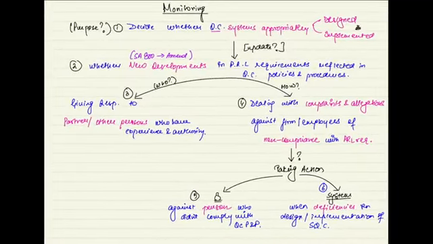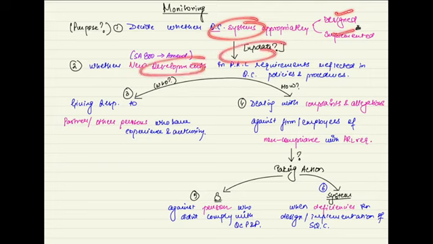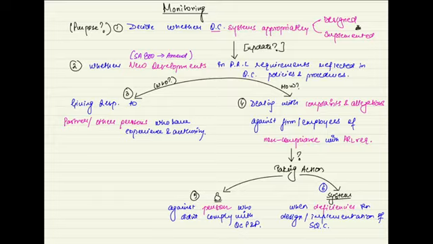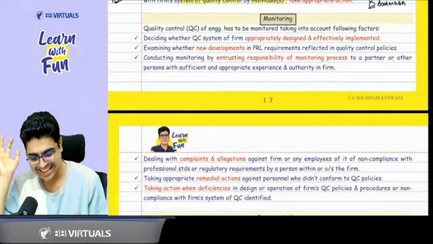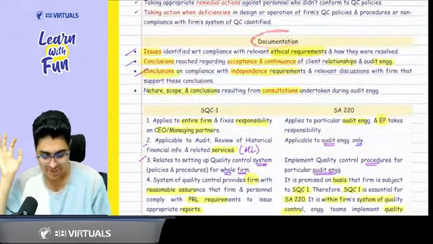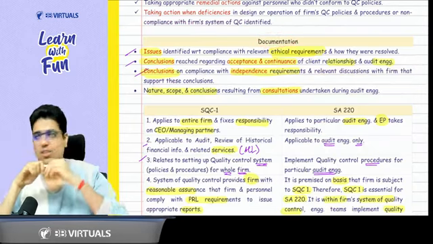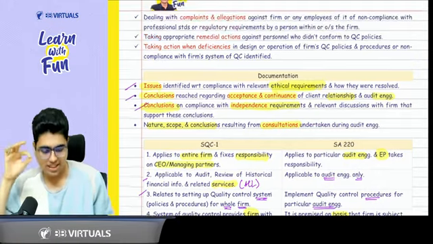So again, just go with the flow. No need to ratify the things, no need to cram the things. First of all, see whether the quality control system is designed, implemented and updated with the new development. Who will do it? How will they do it? By dealing with the complaints and taking action against the person and deficiencies. Clear, boys? Clear, sir. Now the last part of the standard says documentation of 3 topics which are given continuously,